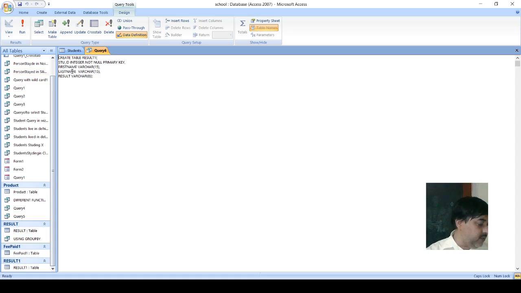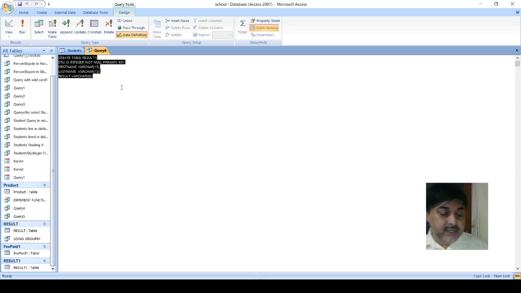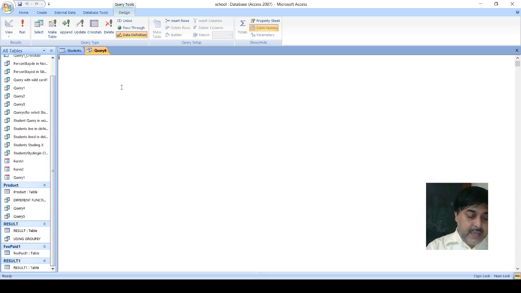Now in this result 1, we need to insert the value. So how can we insert the value? Let us now insert the value on it. So what we are going to do, we will delete this one. Okay, see it very nicely, we are deleting this one. Then we will write insert into, what is our table name, result 1, isn't it? Insert into result 1.